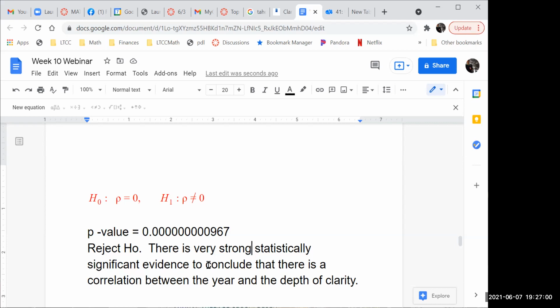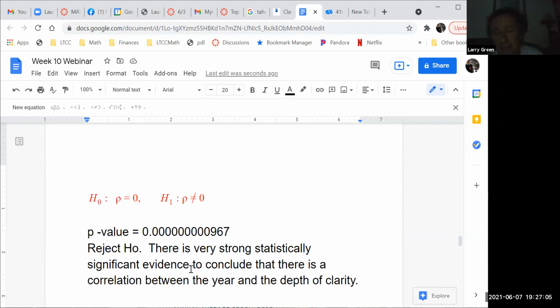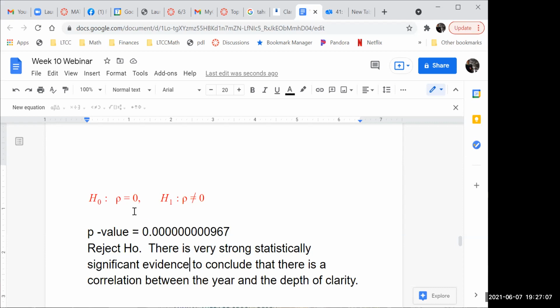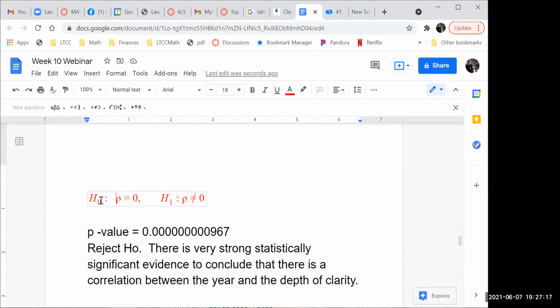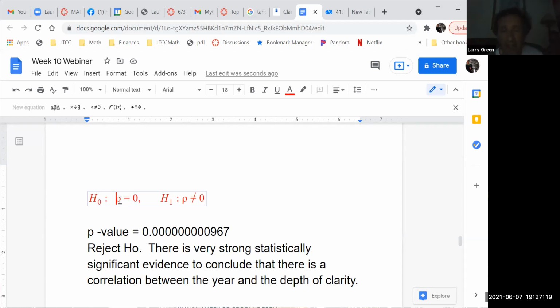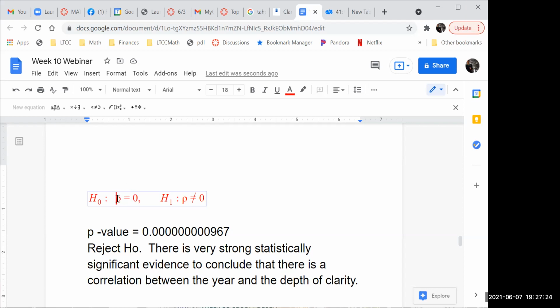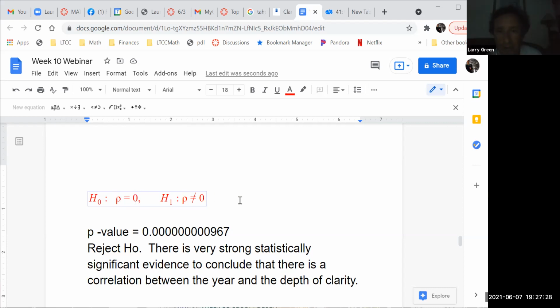Okay, so what are the sentences that people are writing? What are the sentences on the exam that you took points off for? If I ask you to write down the null hypothesis and you write H naught colon, and then you say there's no correlation, that would be wrong. You need to say rho equals 0. So here's the good news, and you can put this in your note card.